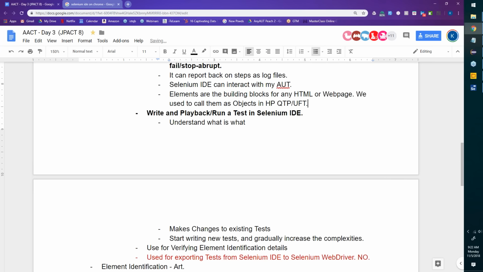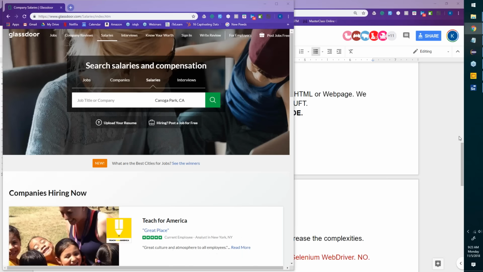What does it mean? From a Selenium perspective, each and everything here is an object or an element. It thinks, oh, this is an element. Once it is able to individually identify them that way, then it is able to do something on them.